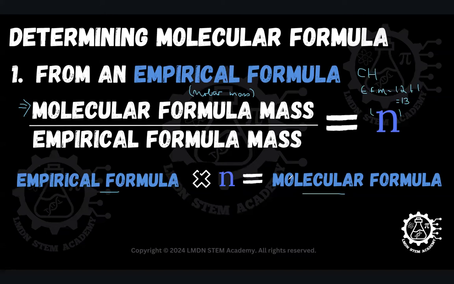And so once you have your empirical formula, which you would have deduced first and foremost, and you were able to get this n, then right away, we'll have our molecular formula, right? So that's how we do this kind of conversion. Now we're going to see this in practice. So let's take an example of this. So let's move forward,